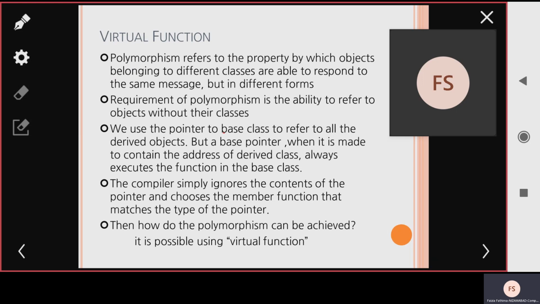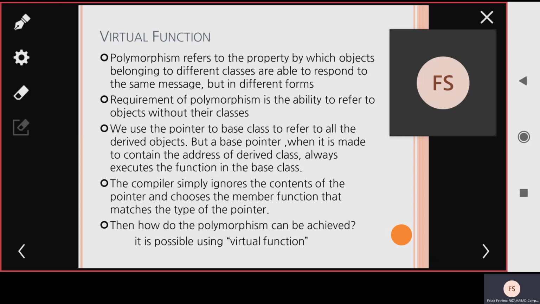Here the base class is nothing but the parent class and the derived class is nothing but the child class. The derived class is derived from the parent class, so whatever properties are there in the base class will be inherited by the derived class. So when we put a pointer to the base class, it refers to all the derived classes.